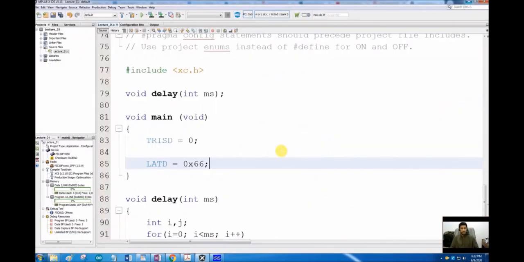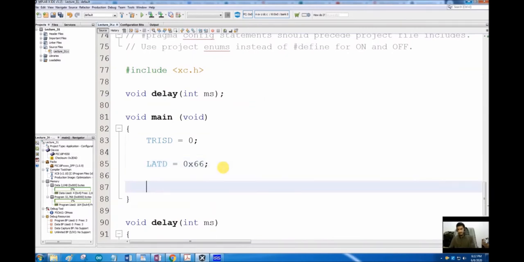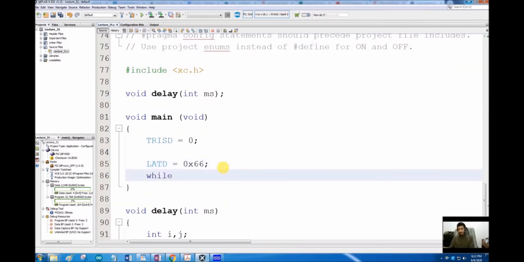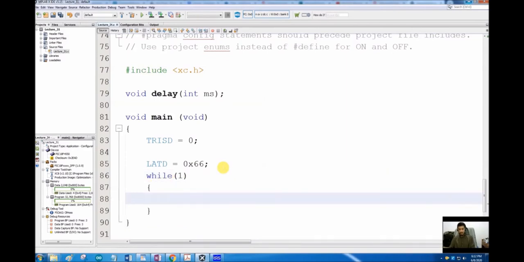So let's go back to the code. I have loaded latch D with 0x66. What else I want to do? What next? While 1, keep rotating. Now we know that there is one command in C language, that is LATD = LATD << 1.